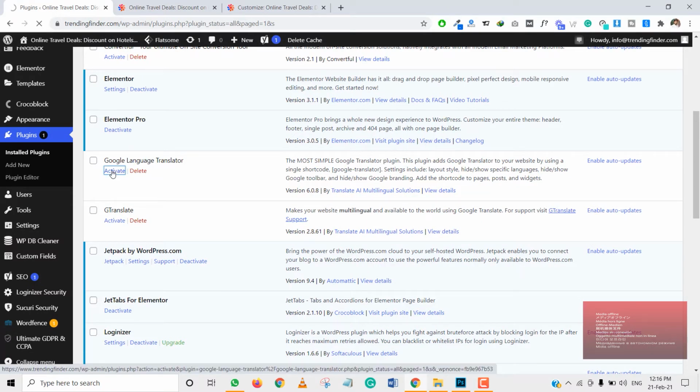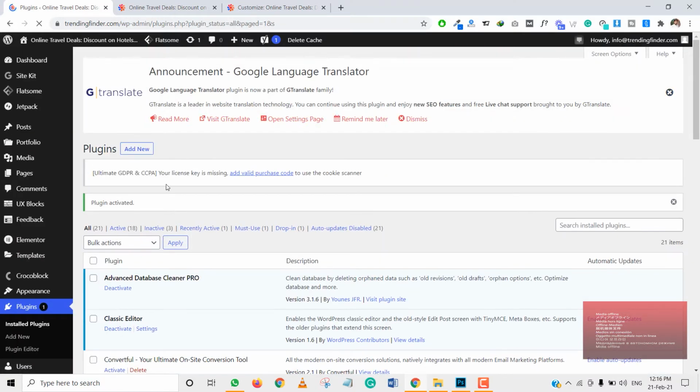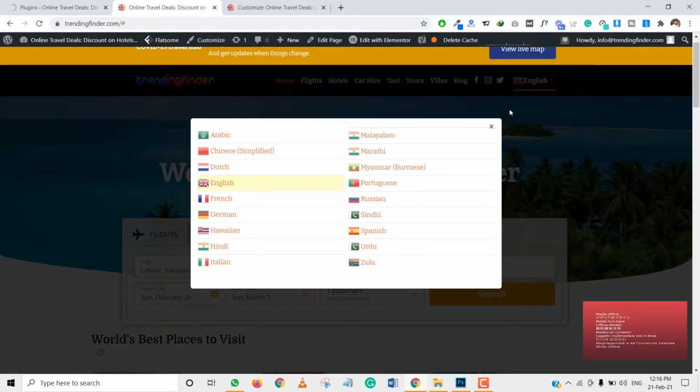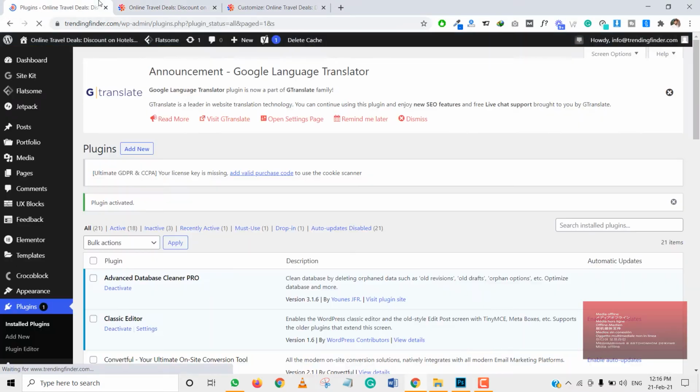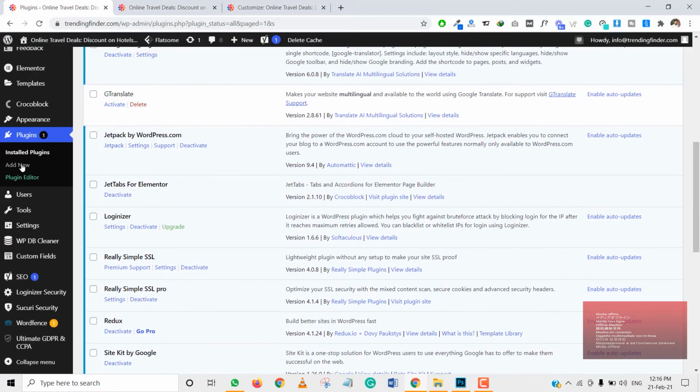Google Language Translator is also offering a floating option, so no need to activate it on the header section or something like that, because it shows on floating areas, like on mobile, on the header section or top bar or right bar or bottom of the page.